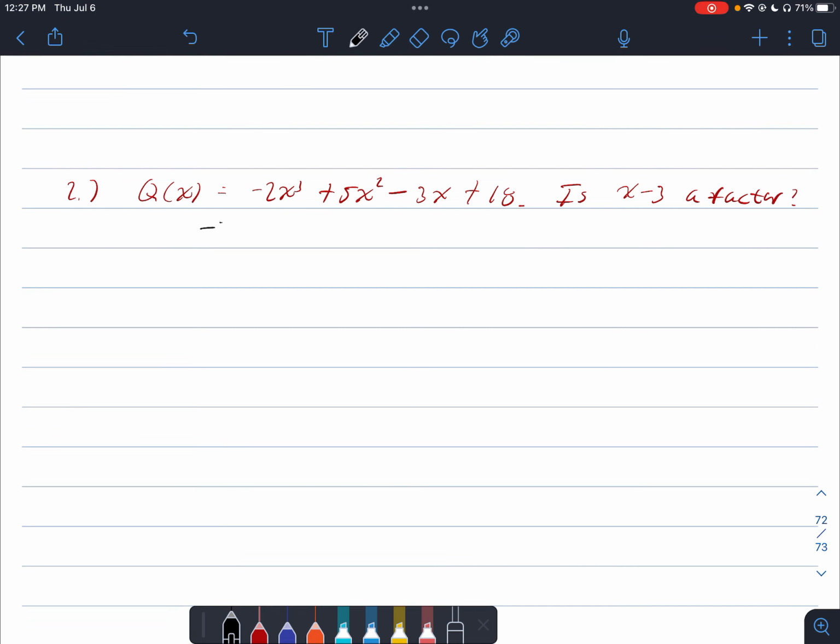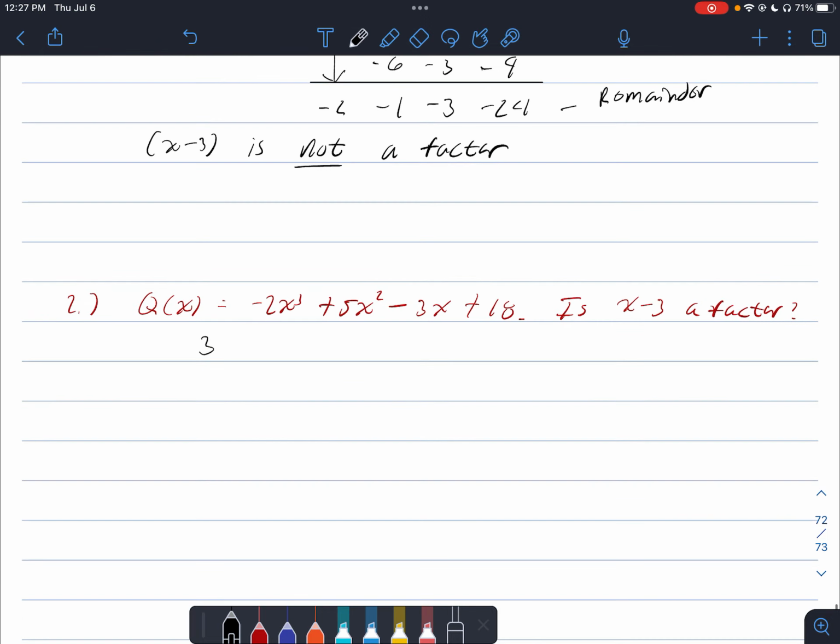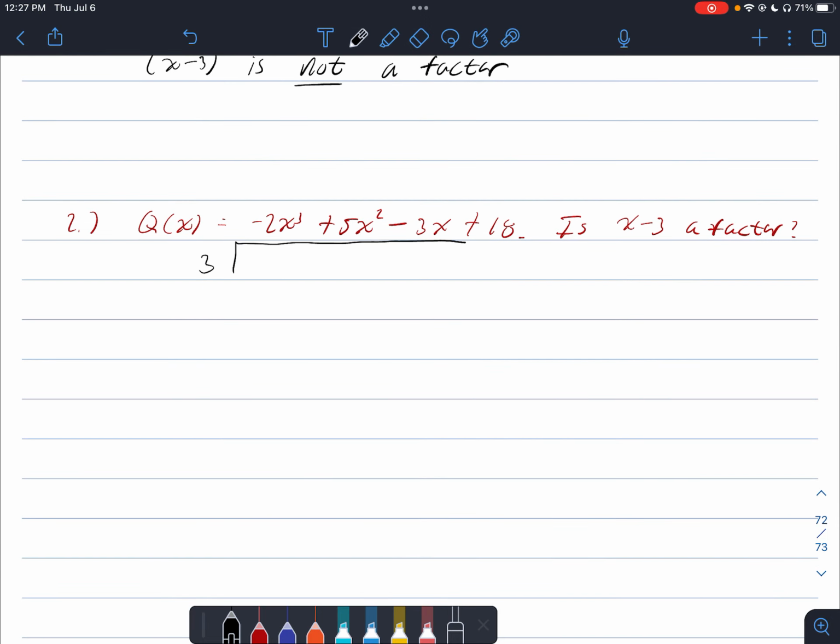So let's divide by 3 here. All right, so let's put our coefficients in. We have negative 2, we have 5, we have negative 3, and then we have 18. Let's bring down negative 2. Negative 2 times 3 is negative 6. Okay, that gets us negative 1. So we get negative 3. Negative 3 plus negative 3 is negative 6. Negative 6 times 3 is negative 18. Plus 18 is 0. So since we have a remainder of 0,